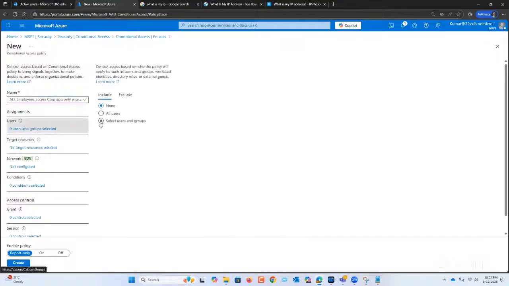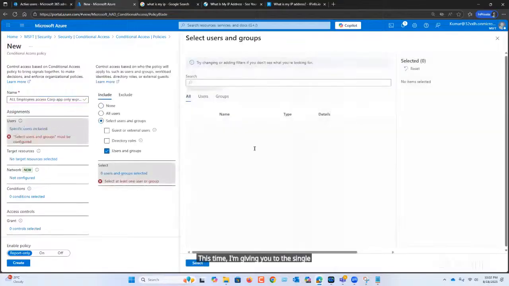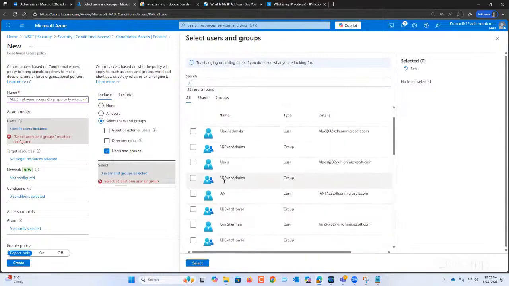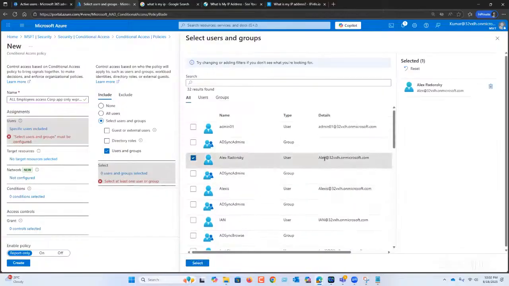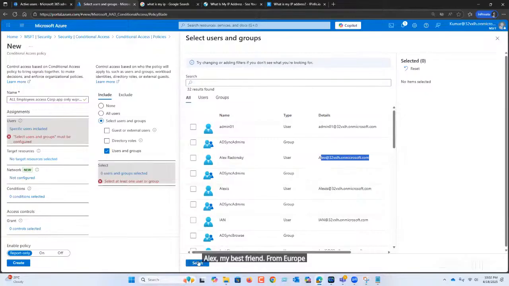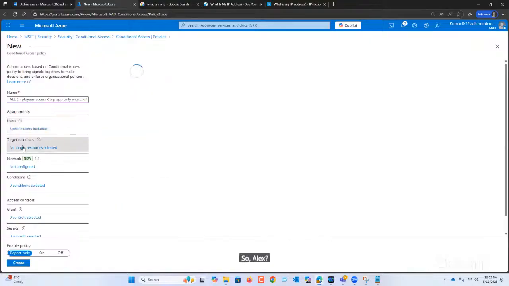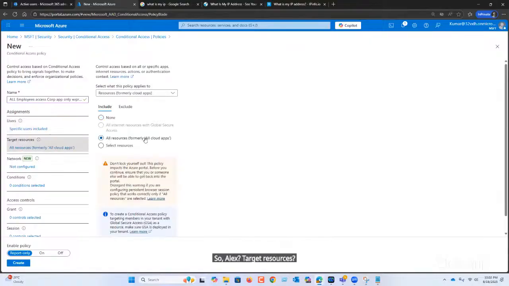This time I'm giving it to the single user Alex, my best friend from Europe. So Alex, target resources, all the resources, all applications. You can select any custom application also. So Alex accesses anything in the cloud.